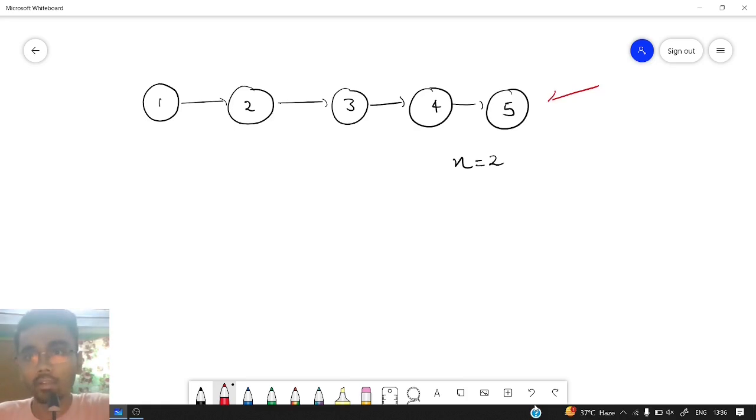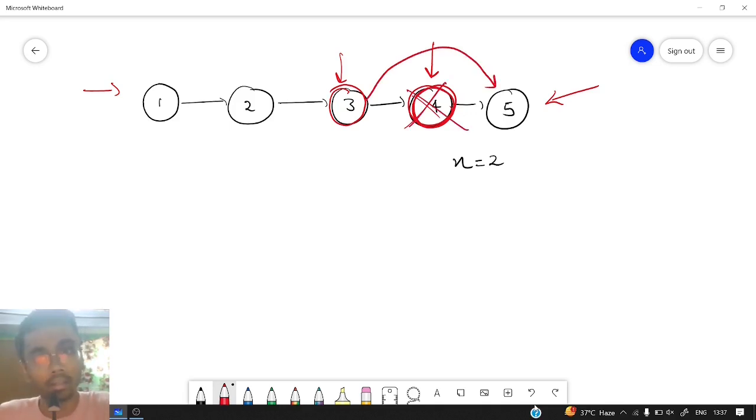One thing is for sure, that we can't traverse from the back of a linked list. We can always traverse from the head of the linked list. So we need to find the node which we want to delete from the beginning, not from the end, because from the end it will not work for us. If we are willing to delete this node, we don't actually need to come to this node. If we are standing at the previous node, we can also delete this particular node, because at the end what we need to do is change this next pointer to this one and then delete this particular node.